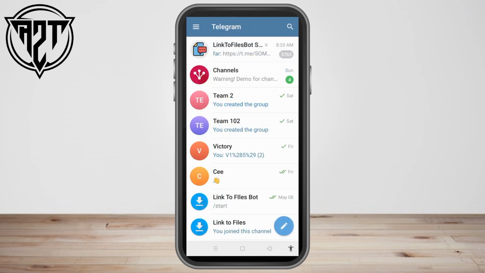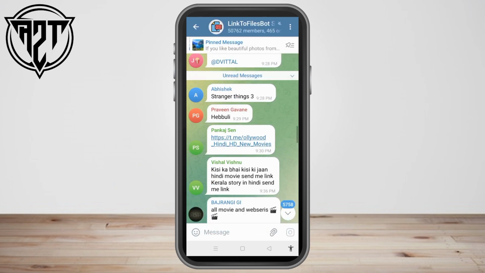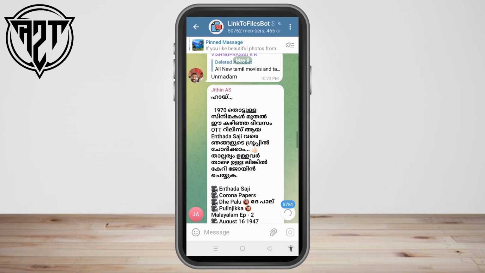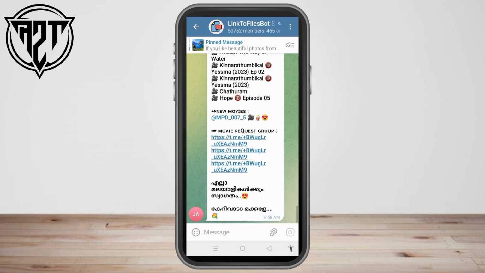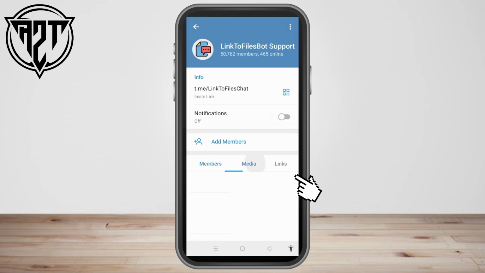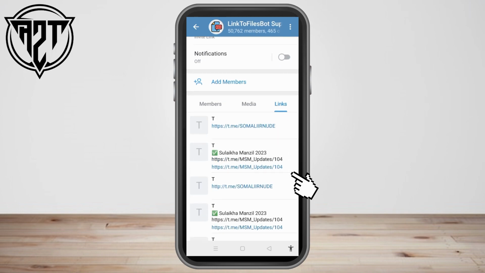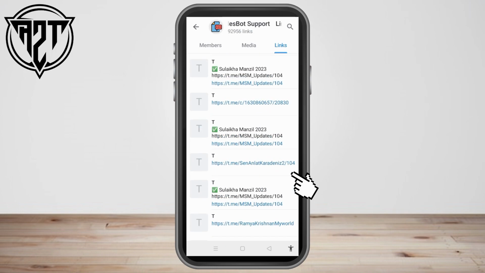To open that link again, if you have an extra phone, use it to open the link using a different Telegram account to fix the issue. Rejoin the channel again or ask someone to copy the link and send it to you. You can even go back to that specific channel, go to Files, tap Link, and see if the link is